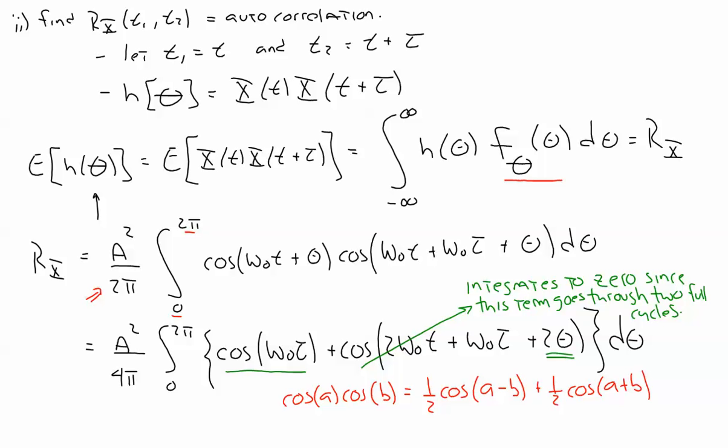All right, that term integrates to 0 since it goes through 2 full cycles when little theta goes from 0 to 2 pi. All right, and then we go to the next page, and our result ultimately is